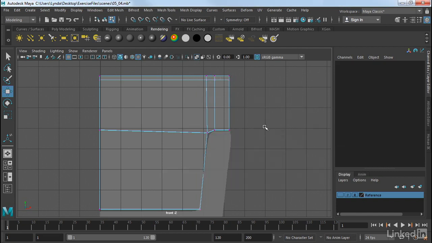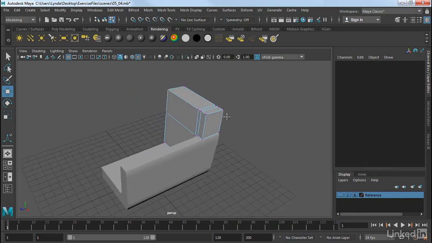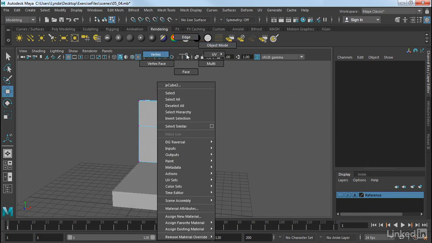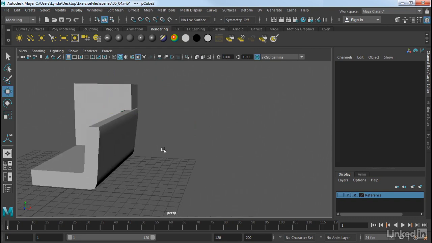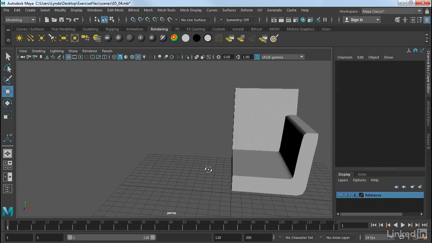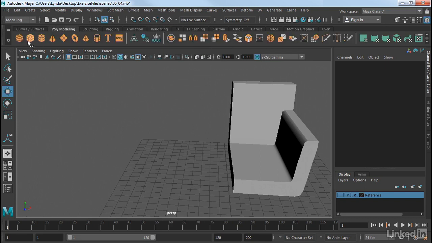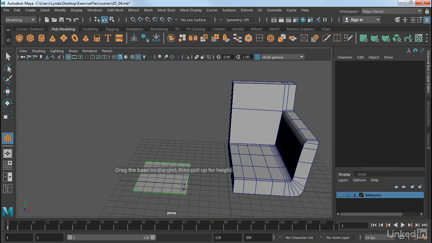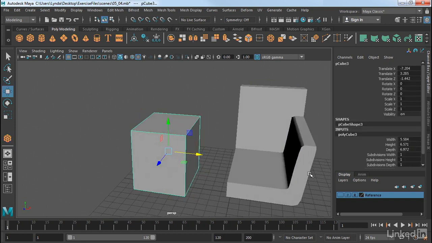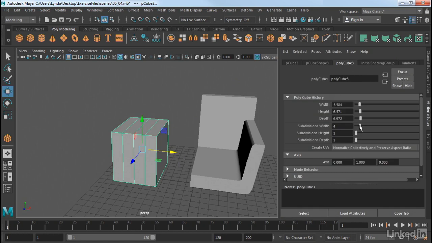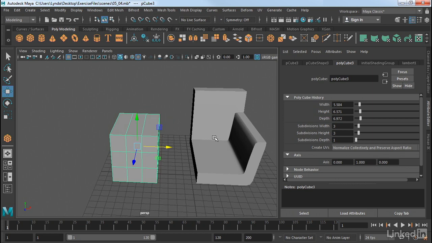Now, in addition to extruding faces, we can also extrude edges and vertices. So I'm going to just go ahead and make a second object here, just so that we have something to work with. Basically, I'm just going to create a second polygonal cube. It doesn't really matter the dimensions. And I'm going to go to my attribute editor, and let's go ahead and give it just a little bit of detail here. So now that I have this,